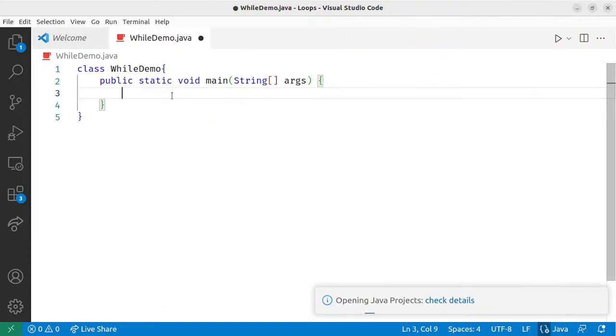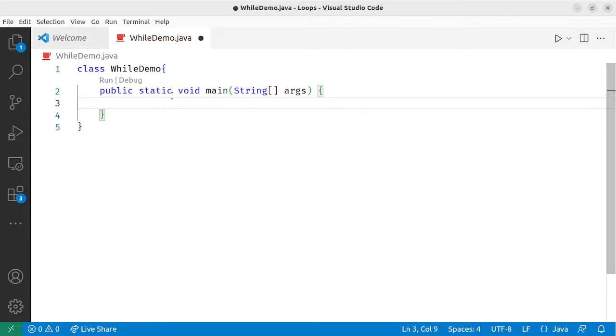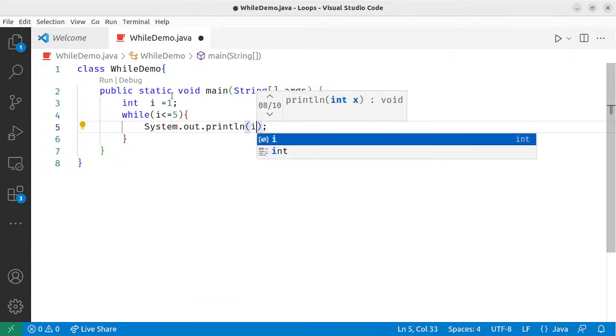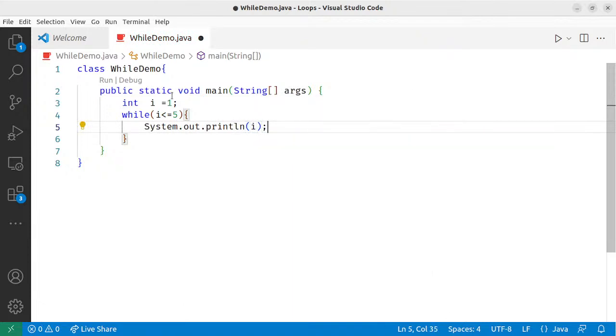So, like I said, a while loop is a loop which will execute till a given condition is true. Say for instance, there is a variable int i, the initial value of which is 1, and then I say while, and then I give a condition. Let's say while i is less than or equal to 5. And then inside the loop, I first print the value of i, and that is followed by